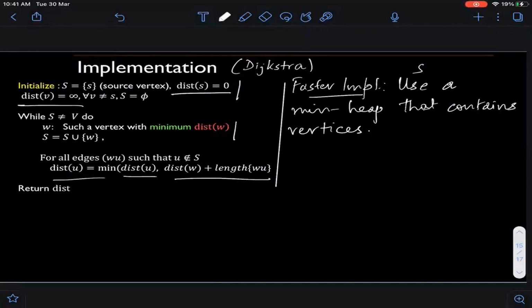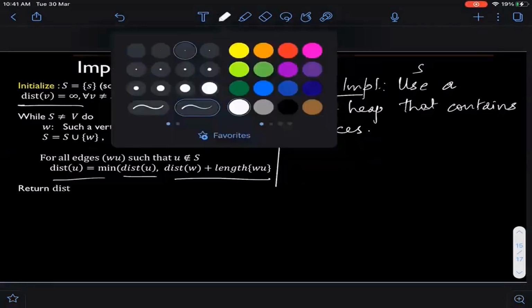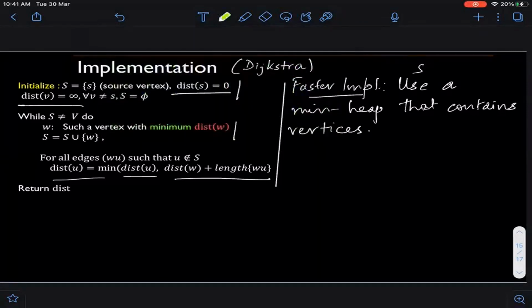Now at every iteration, it's very clear what I need to do. I need to do an extract min operation, which is defined for a heap. In fact, that is the most important operation. Extract min itself can be done in order one time, but if you want to maintain a heap with the rest of the elements, you have to call a heapify operation, which takes log n time. So effectively, I would assume that an extract min will take logarithmic time, like log of V. So this is effectively an extract min.